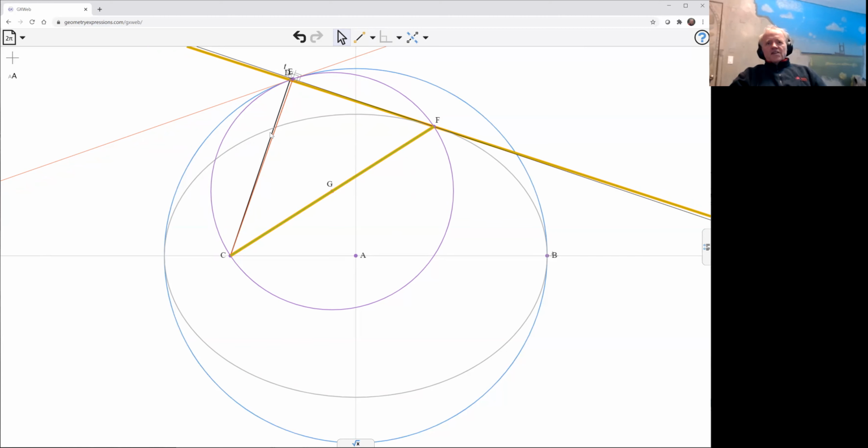So that says that this angle, the angle between the tangent and the line joining the focus to the circumference of the circle, is the same as the angle between the perpendicular line, joining the focus to the point on the ellipse, and the line which is tangential to the ellipse. Let me just look at that